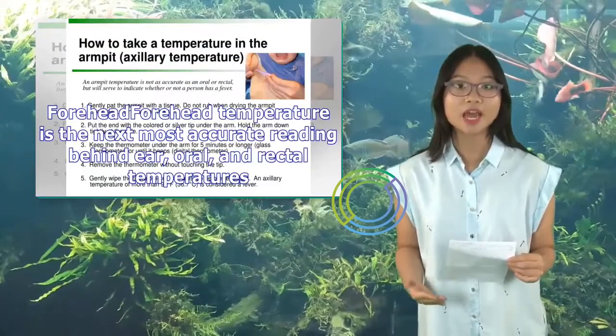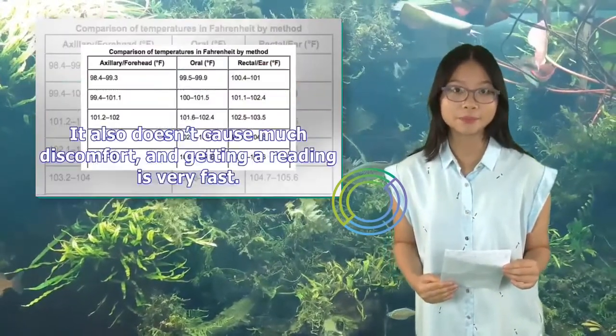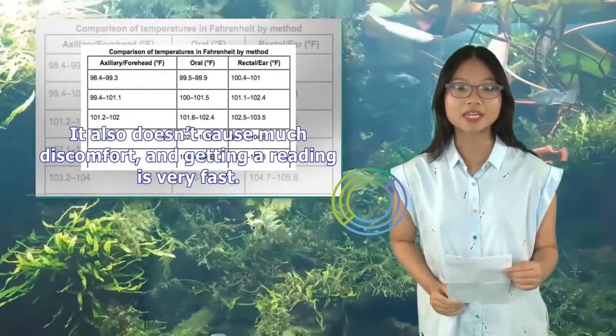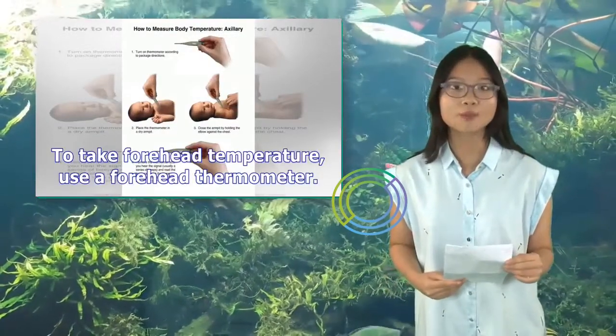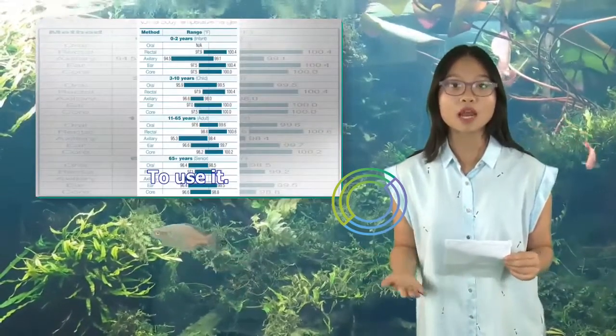Forehead temperature is the next most accurate reading behind ear, oral, and rectal temperatures. It also doesn't cause much discomfort, and getting a reading is very fast. To take forehead temperature, use a forehead thermometer. Most slide across the forehead. To use it,